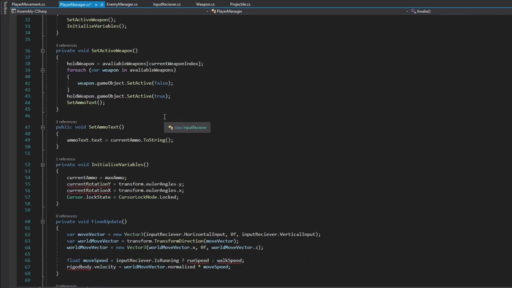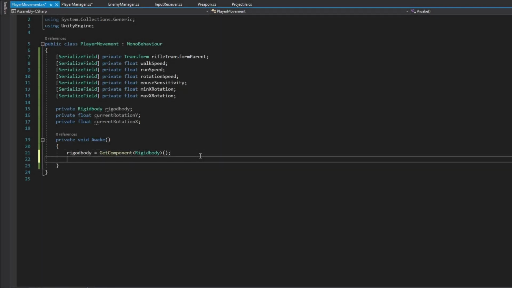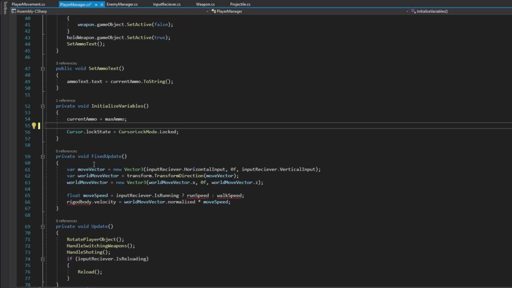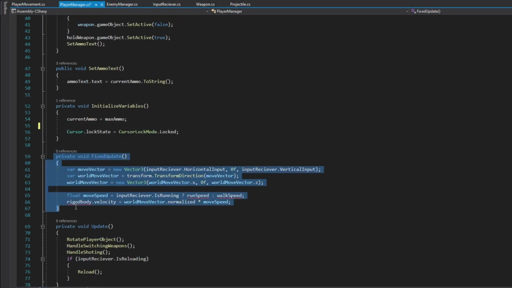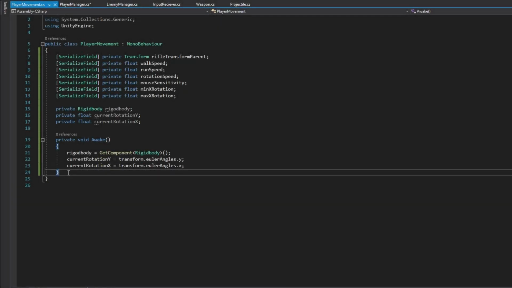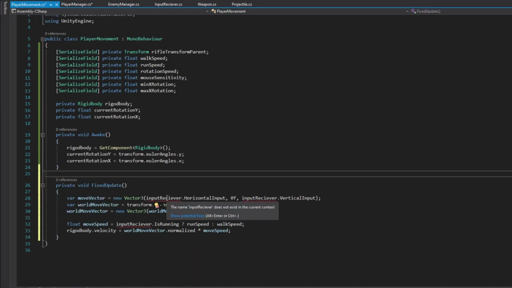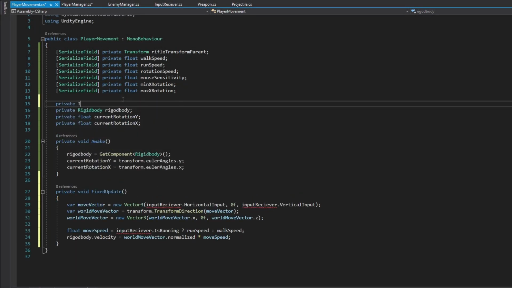Then go back to the player manager class and cut all lines or methods that are now marked as errors and paste them in the player movement class. So initializing the rotation variables and the fixed update method. The fixed update uses an input receiver, so let's add a member field for it and cache it in the